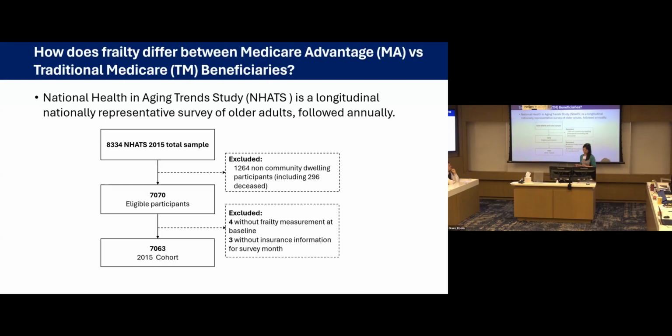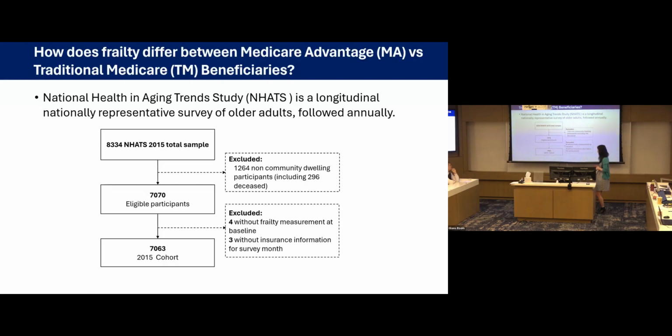So we took this particular survey, which is linked to Medicare claims. Now, if somebody was in Medicare Advantage, it doesn't necessarily give us all of the claims information. What it tells you is that they were enrolled in Medicare Advantage. So I wouldn't be able to see the finer details of what exact care they were getting while they were in Medicare Advantage, but at least I can see what they were enrolled in. And so this allows us to compare the Medicare Advantage to the traditional Medicare population on a broader level. So I excluded folks that were non-community dwelling, and this is the 2015 sample. So we're looking at about 7,000 people.